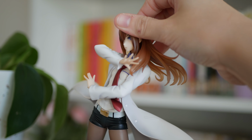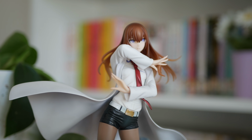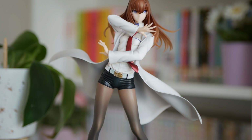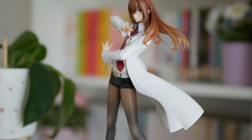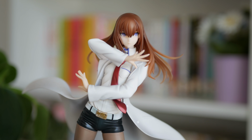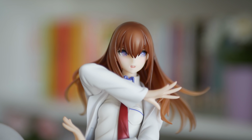Starting with her head, it's ball jointed, so it's a little uncomfortable to pull off, but this means you can also move her head from side to side, which is pretty cool because you can pose her slightly differently. She ended up coming with 3 faceplates, a slightly smiling one, which is the best one in my opinion, a serious looking one, which I don't think works too well with the mad scientist pose, and a mouth open one,